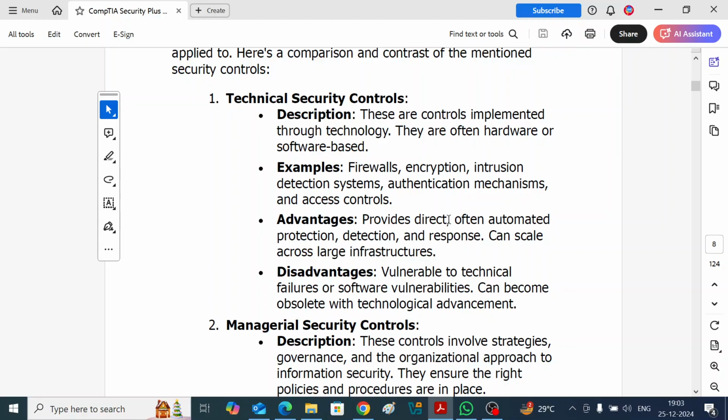Other examples, as we hear them: firewalls, encryption, password protection, which we called encrypted data. It has a password, a change in the data and all that stuff. Well, that's a different subject altogether, which we are going to cover, what encryption really means. And then we have intrusion detection system, intrusion prevention system, authentication mechanism, like you log in by password, the system authenticates you and allows you to log in. And then we have multi-factor authentication system also, that we are going to cover in the coming slides. And then access controls, like who has got access to what,